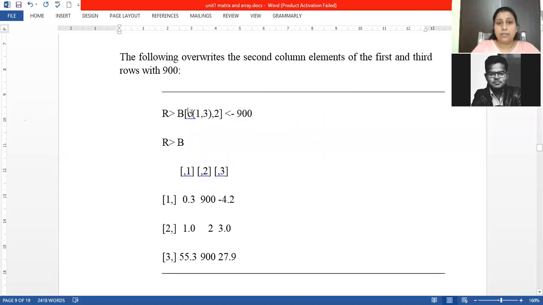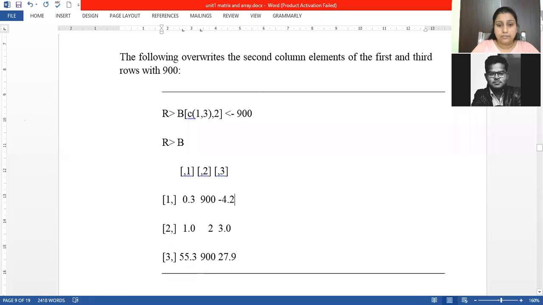This is my row values and this is my column value. And what value have I assigned? I have assigned a new value, 900. If you see, in the first row, second column, it is replaced with 900. Similarly, in the third row and second column, it will replace it with 900.